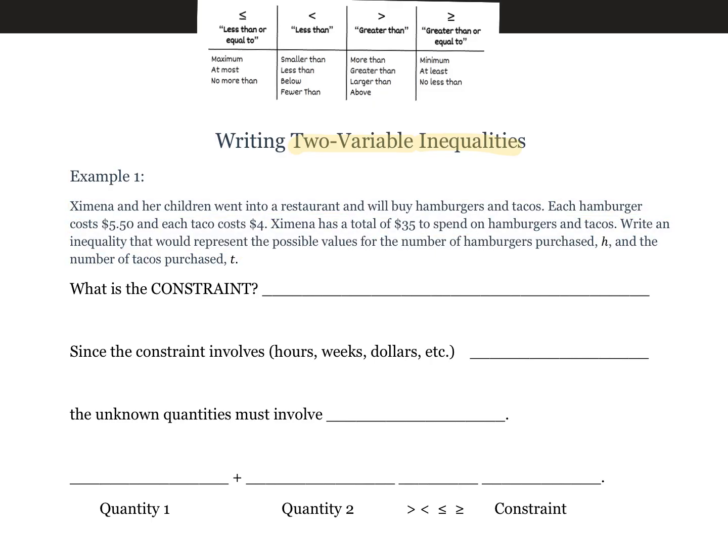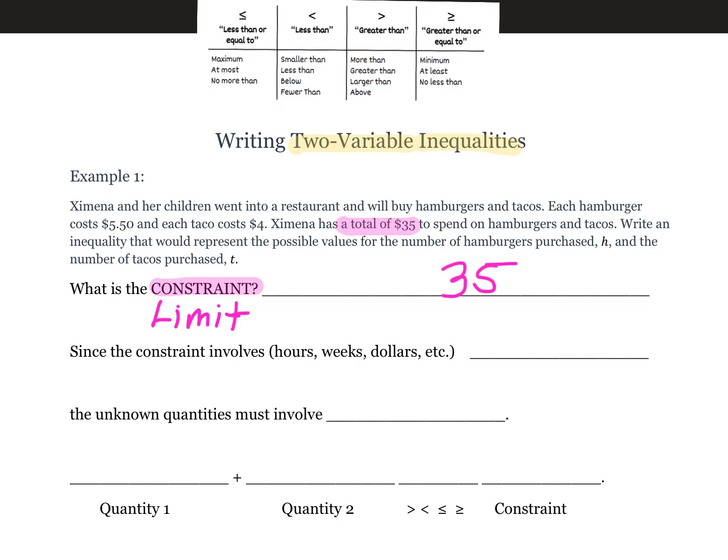Whenever you're trying to write an inequality, the first thing you should do is look at the constraint. And remember that constraint is the big kid word for a limitation. In the problem, we can see that she has a total of $35 to spend. While I know in real life we can typically spend more with credit cards than the total that we have, for our purposes here, we want to see what would be the way for her to actually stay under her budget. So the first constraint is going to be